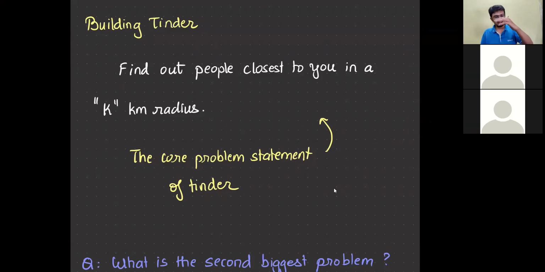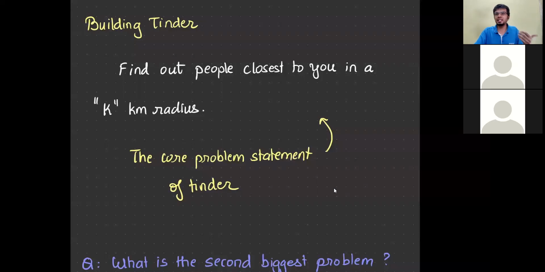Now, if this is the biggest problem for Tinder, what's the second biggest problem for Tinder? I might have already spilled the beans, but let's see how many of you recall. What is the second biggest problem for Tinder? As in, if you have swiped or not already. Yes, exactly. The person who I've already swiped either left or right, I should not be seeing them again on my profile.